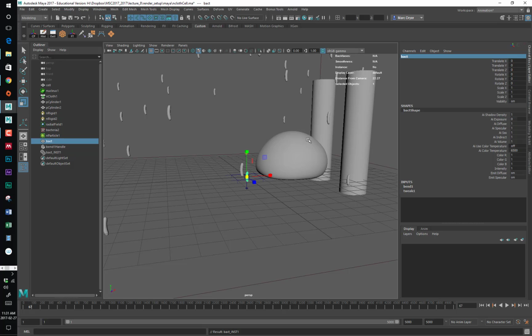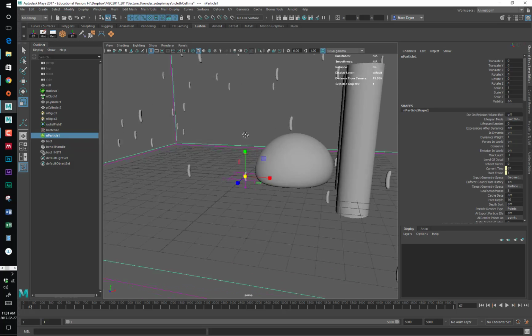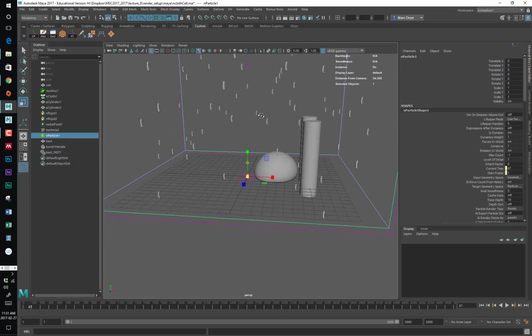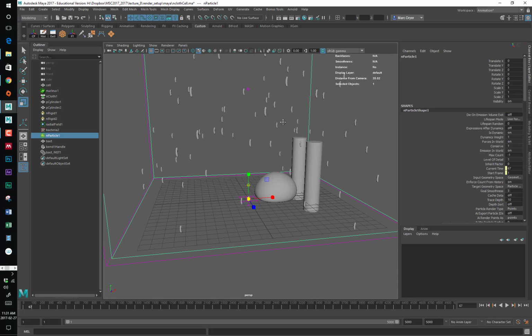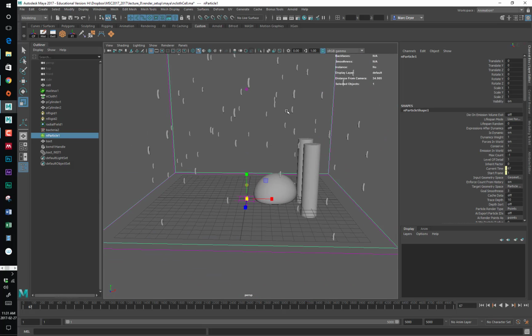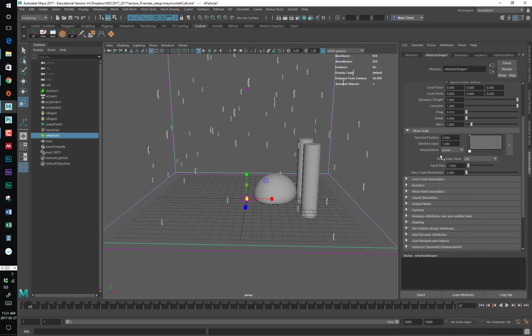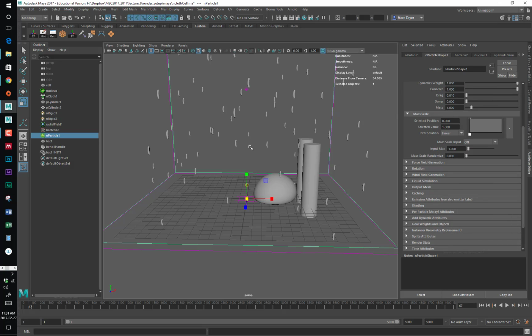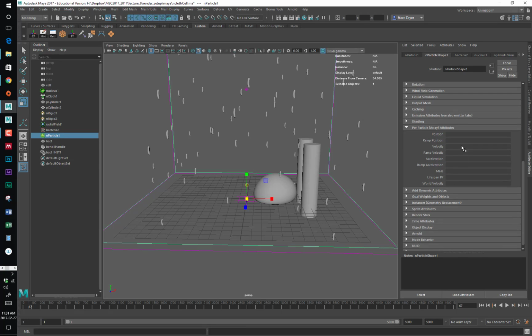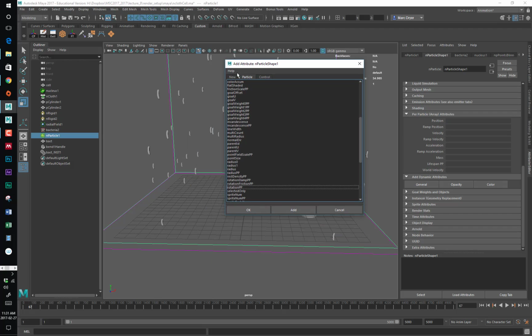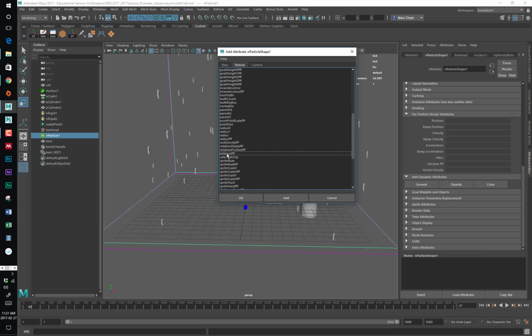So now what we want to do, and this is why we didn't set their initial state first, we want to write a little expression in the creation expressions for these per particle attributes. So if I open my attribute editor for the nParticle shape here, this is the bacteria particle, and go to per particle array attributes, I want to write an expression in here based on rotation, but you'll see there is no rotation per particle attribute in here yet, so we can go down to Add, say General, and by default it will open like this, but if you go to the Particle tab, you can scroll down until you find rotationPP,